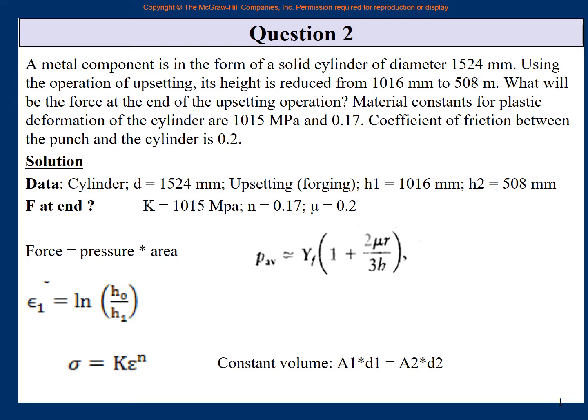So you had to find the force, for which you need to find the pressure. This is the pressure formula. For this, you want to find the radius at the end, which you find from here. You want to find the flow stress. Flow stress equation is this, inside which epsilon is to be known. Epsilon is this. So, right, it is not a very complicated question. It is a relatively simple question. It is a question of the type that we have solved in the class examples and so on. It is a question of the type which are there in the homeworks.